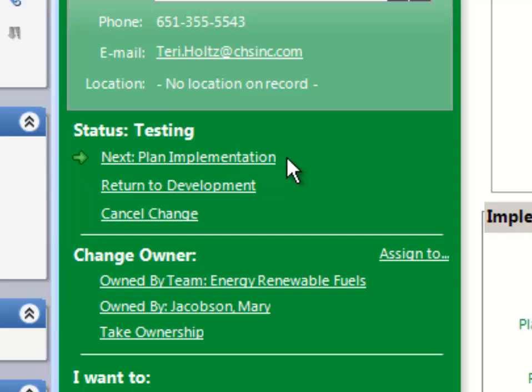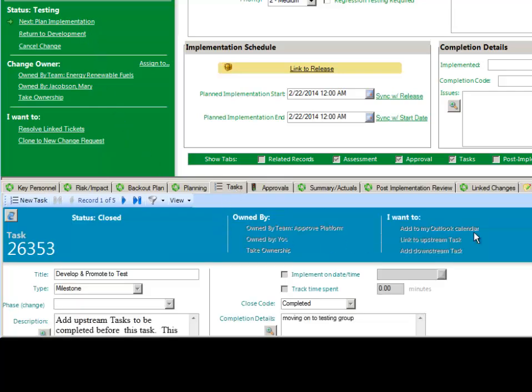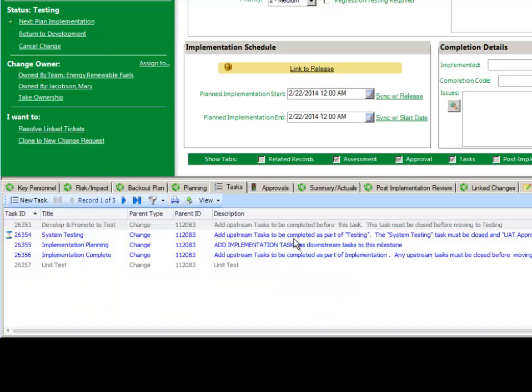Other options in this status area are to return it to development. This would be in the case of something about the testing had failed and we needed to send it back to development for redevelopment. Otherwise, we have to go through the same basic status changes. In the testing phase, we'll need to follow our test plan, and once that's complete, we can go into our